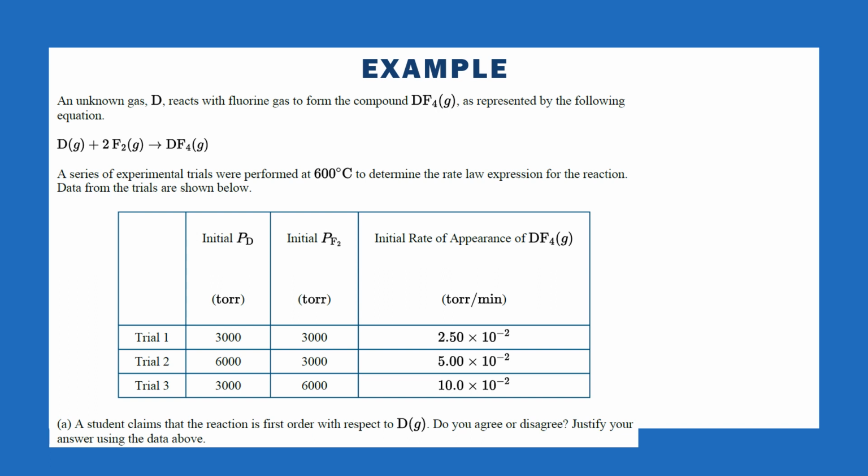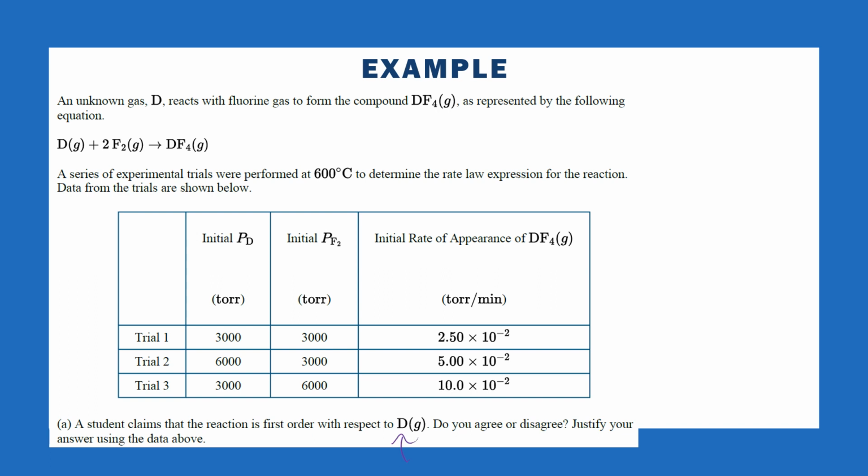We have an unknown gas reacts with fluorine to form DF4, and then we have experimental trials to determine the rate law expression for the reaction. And then it says the student claims that the reaction is first order with respect to D, and do you agree or disagree? So when you have these multiple trials, I want to find with respect to D,